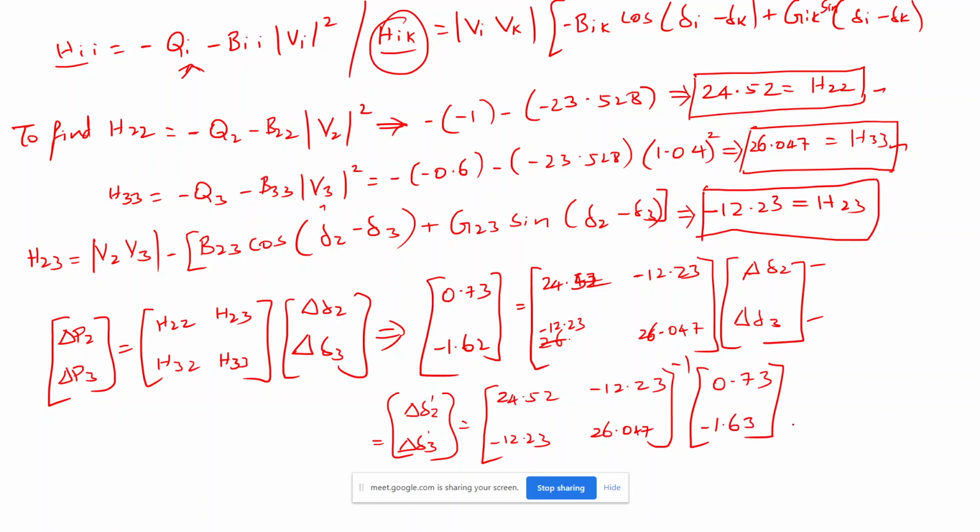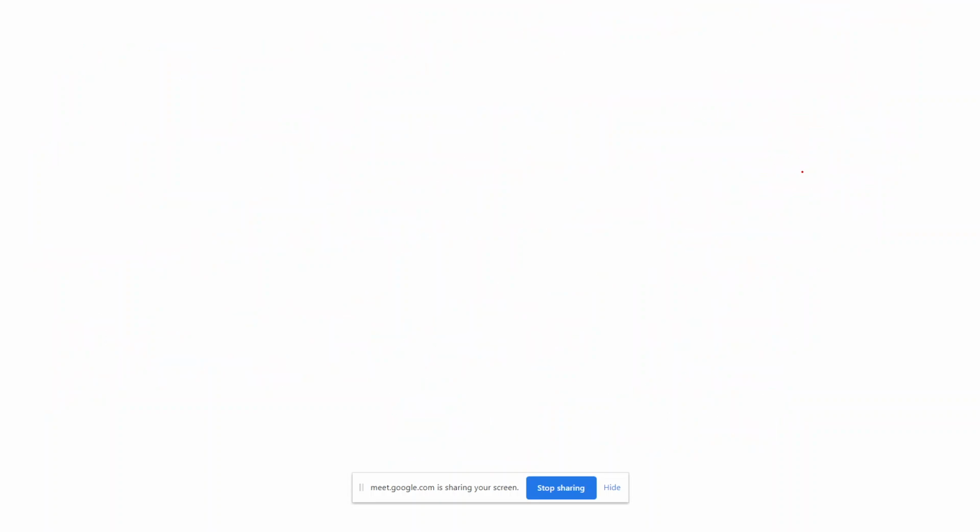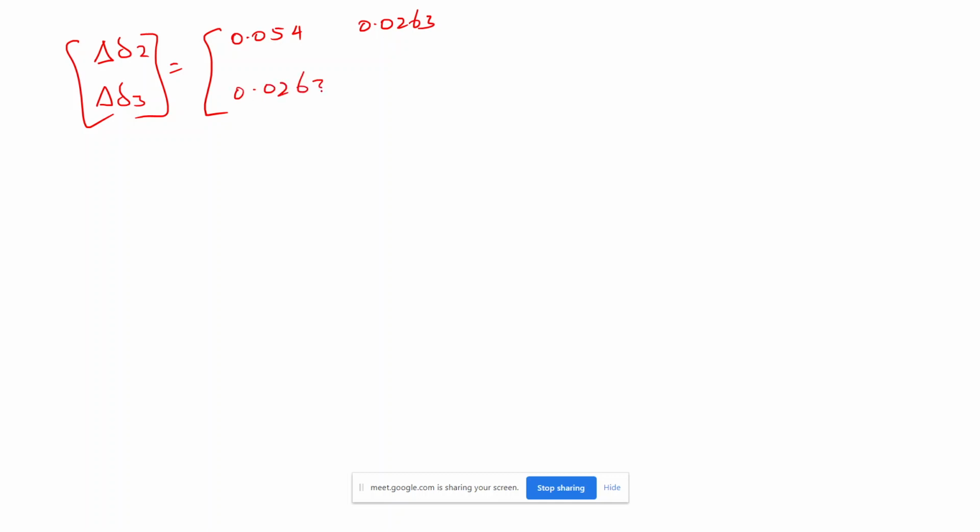Okay. Because of the small mistake I made here, I put 25. Because of that, maybe it's not a big deviation, but you will get around like this, del 2 and then del 3, and you will get the inverse values of 0.054, and then 0.02363, and then 0.0263, and this is 0.0527. So this is nothing but the inverse of the matrix, and if you multiply this with 0.73 and then minus 1.63, finally you will get